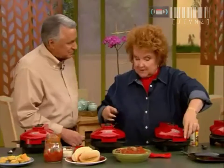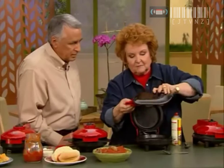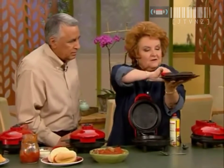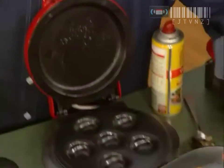Now, over here, this is the party stuff, right? These were your stuffed mushroom caps. Right, these are the stuffed mushrooms. And again, because I can remove that insert, I can just put my plate right on there and flip it over. And look at that. Wow. That goes back in there because if you're having a party, there's nothing worse than cold hot hors d'oeuvres. So we can just...